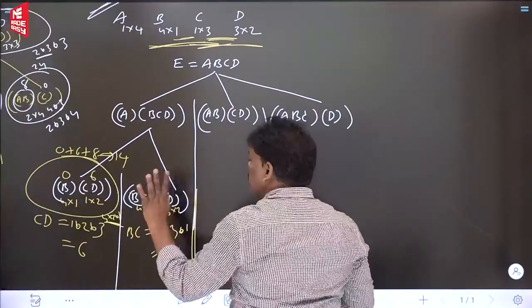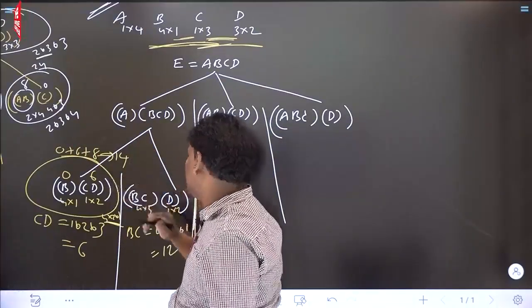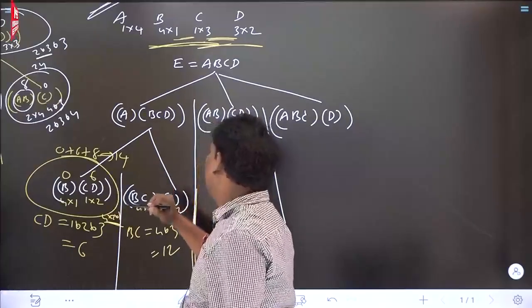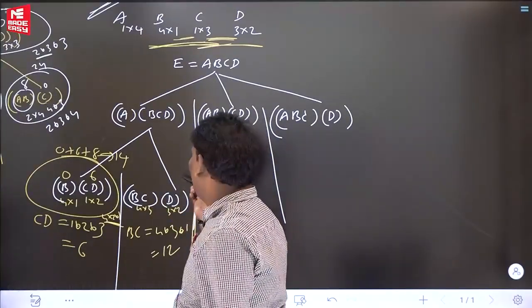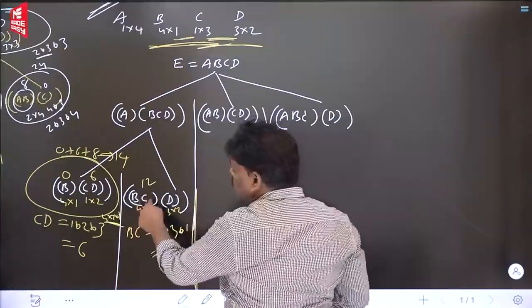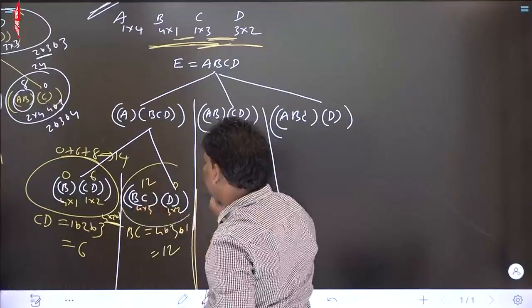I think there may be a chance of more also. Most probably the left-only answer, 14, is the answer, because BC itself is 12. Definitely more will come. There is no need to continue further, only for namesake I will do. See, 12 is already there. B0, C0 combined is 12. So 12. What is the D? 0. Let's combine it.